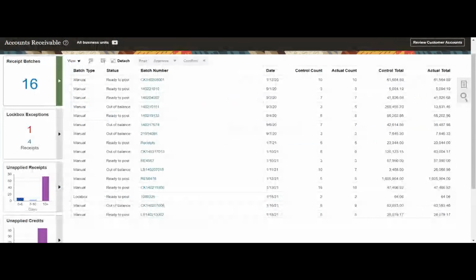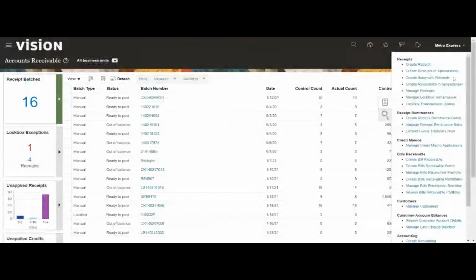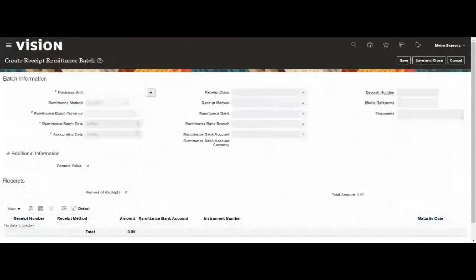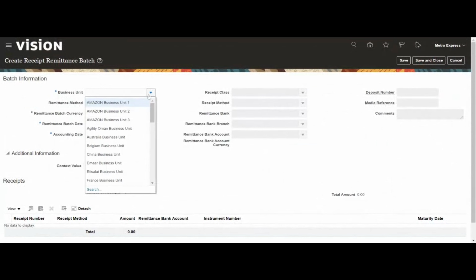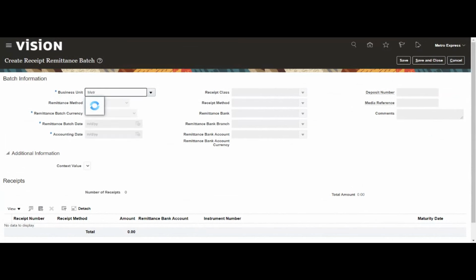Okay, so in the same place, we have an option to remit basically. So I'll just say this is a receipt remittance batch. So here I'll select the business unit that we created, that is Metro business unit.